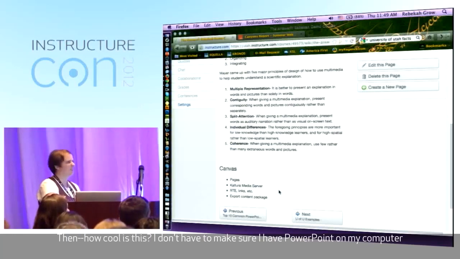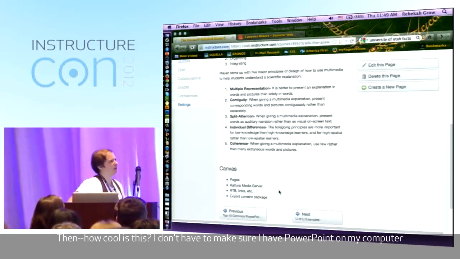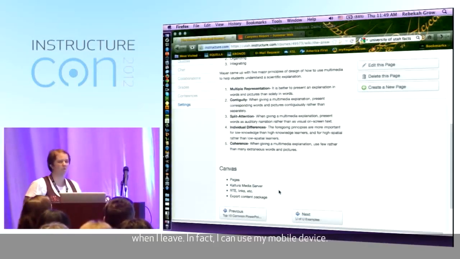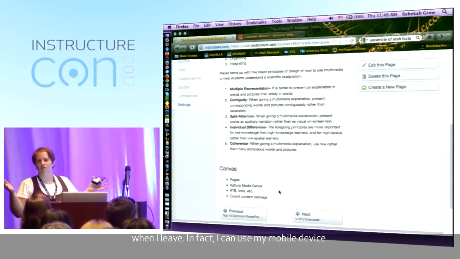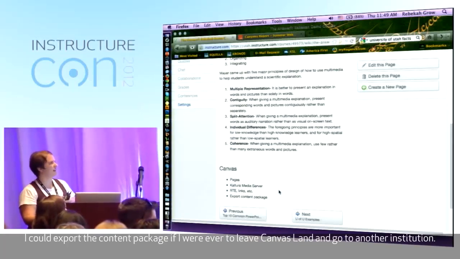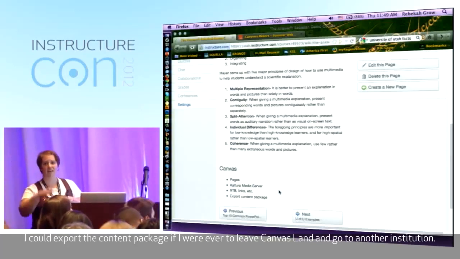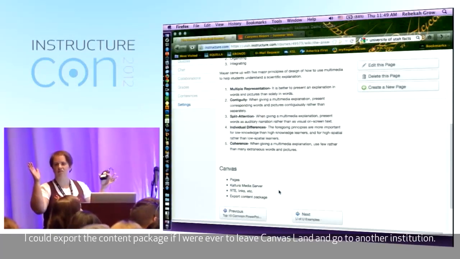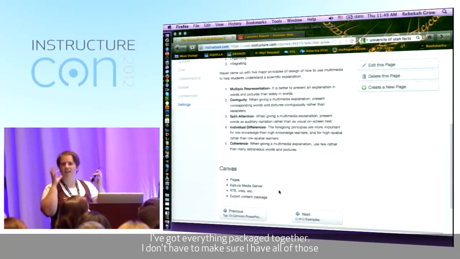And then how cool is this? I don't have to make sure I have PowerPoint on my computer when I leave. In fact, I can use my mobile device or, you know, use my app, and I could export the content package if I were ever to leave Canvas land and go to another institution. I've got everything packaged together. I don't have to make sure I have all of those 20